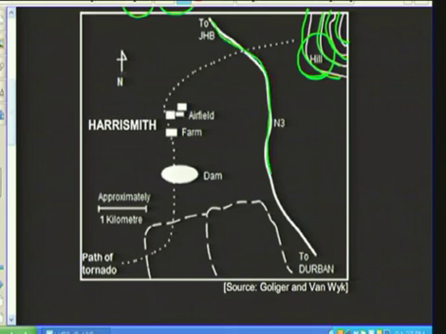There's another layer for transport that would include the National 3 Highway and the position of the airfield. We might have another layer about aquatic features. So the dam would be on a different layering system. And finally, we might have a layer plotting the path of the